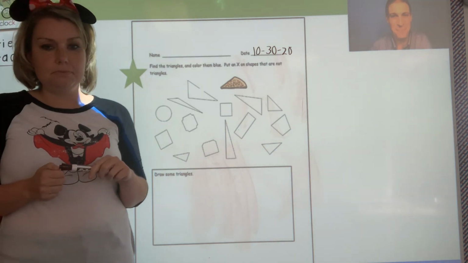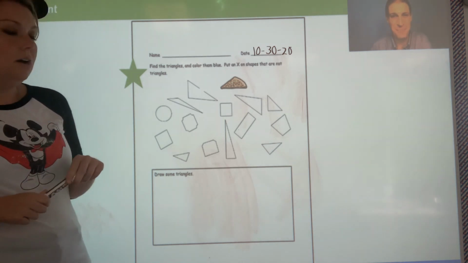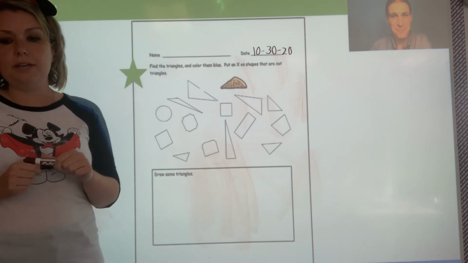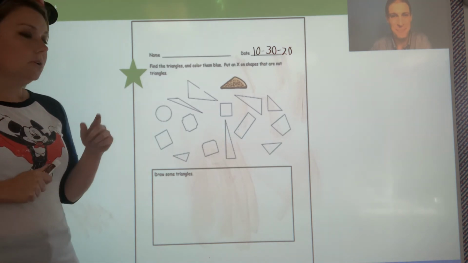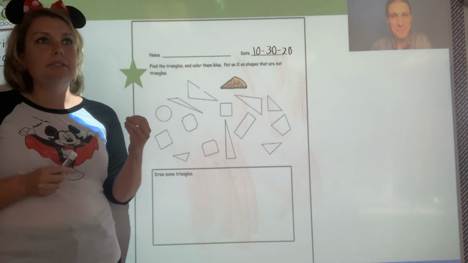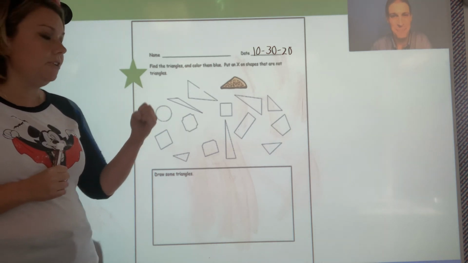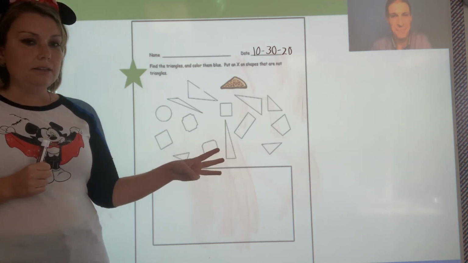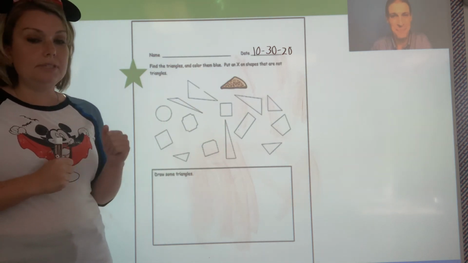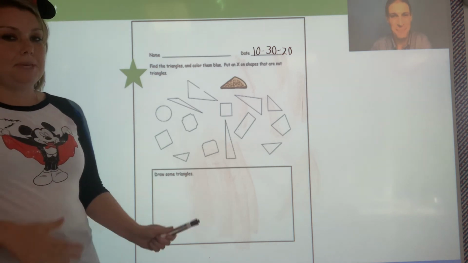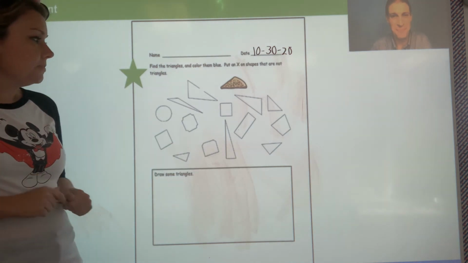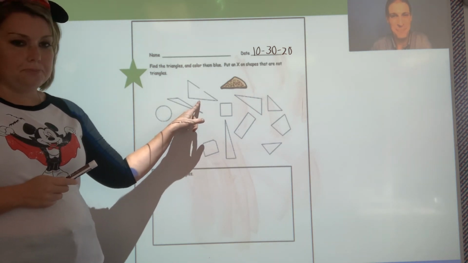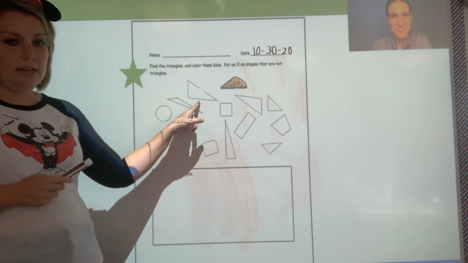Or no? Okay. So here's what I'm gonna do. At first, I'm gonna think about the ones that I might need to cross out. Remember, Mr. Hammer said that to be a triangle, it needs to have 3 corners, 3 sides, it has to be closed, and all the sides have to be straight. So, let's look right here at this one that I'm pointing to. Is this a triangle